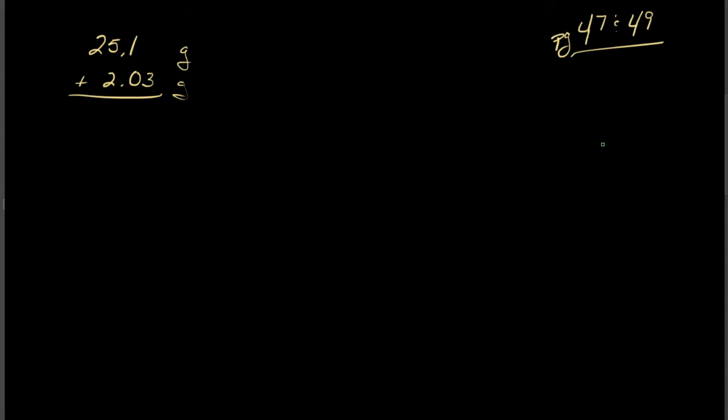Right? So here we have grams that are measured on two different devices. One is more precise because it goes out to more digits, right? The second measurement goes out to the hundredths place. So it is considered to be a more precise tool. So all you're going to do is do your regular addition just like you normally would,